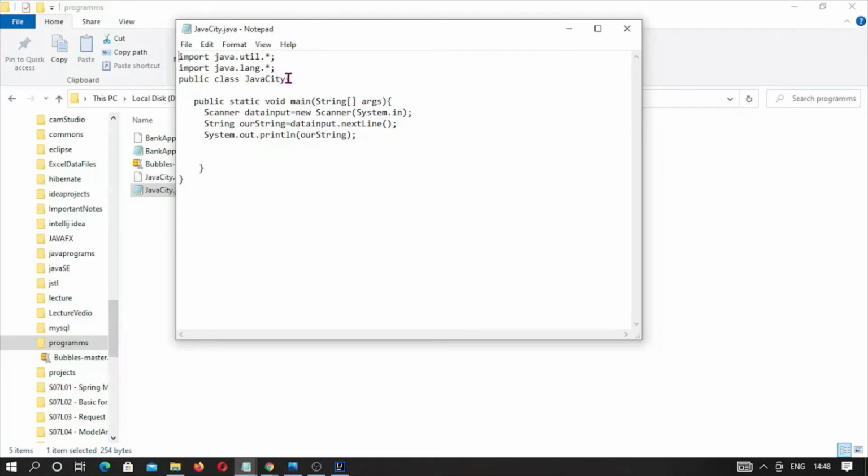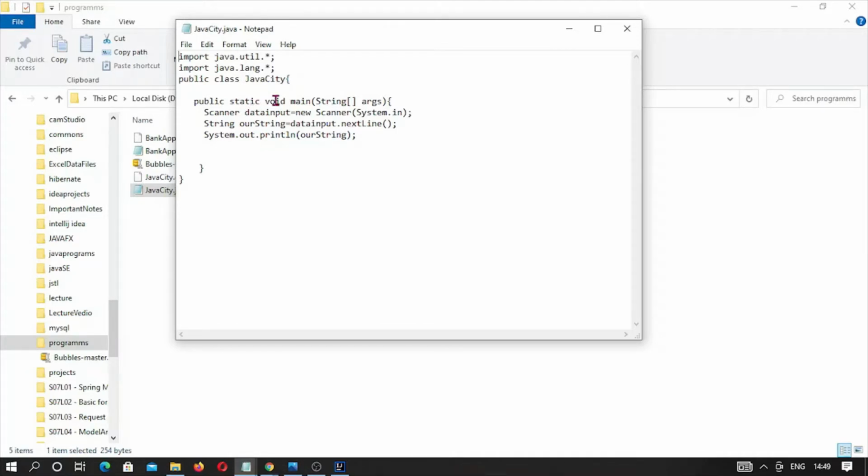So this is a class, and this will start with a curly bracket here, and it will end with the curly bracket here. In between, this is a method. So now we have to write a method to execute. This is public access modifier, static, void, main. Static identifies that this is not an object method. This is a class method. Later we will discuss in detail.